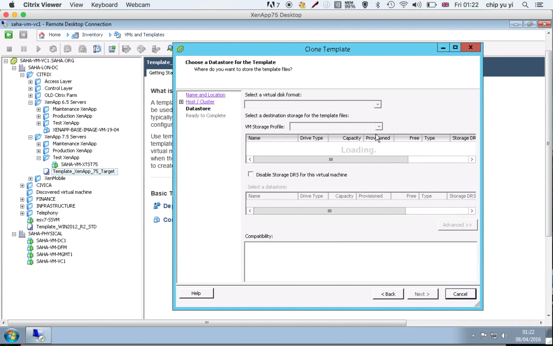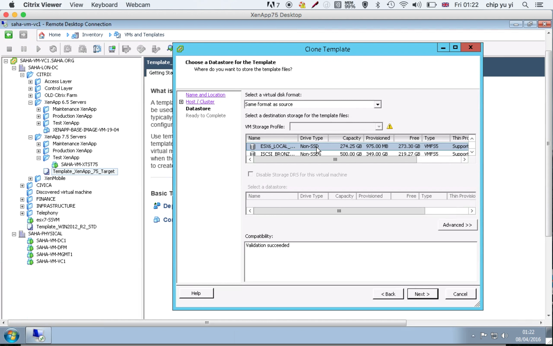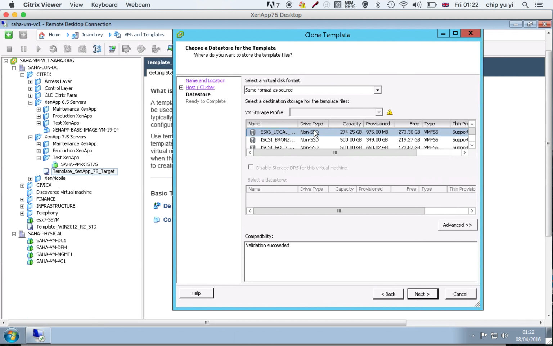So now this is the important part, because it will ask you to choose either to be on the local, or you can choose a different vdisk storage space. In this scenario, let's just choose the local, because the disk scenario and the space are related to which kind of server you create. For example, if you created the production server, which is going to be either silver or gold. But if it's a test, pretty much you can just put it on the local image,